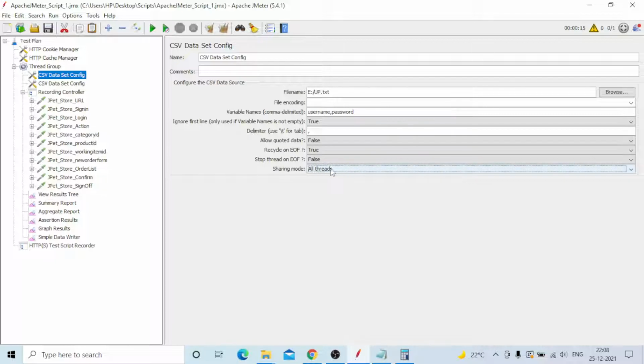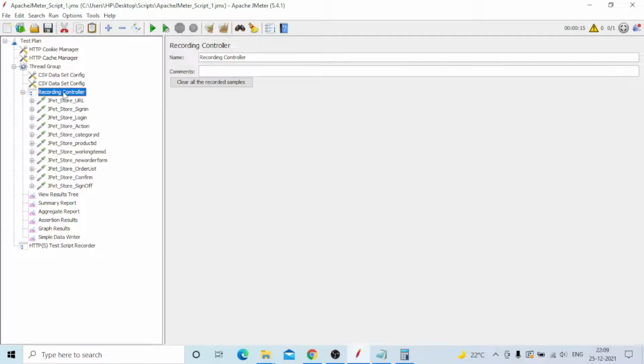All the threads and everything I will explain in my next video. After the CSV there is a config, also the same format. For recording, I will use the recording controller. In previous versions, for every transaction in recording I would go to the logical controller and select the transaction controller. Before 3.0 you needed to record all the scripts that way, and the transaction controller is still available now, but most of the time you will set the recording controller only.